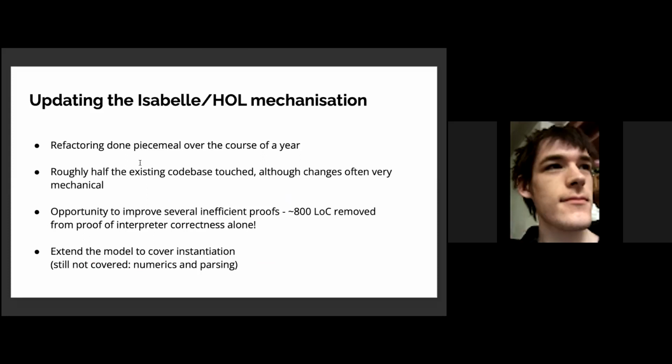Because there were so many editorial changes where definitions were shifted around, quite a lot of the existing mechanization had to be touched. Roughly half the lines of the code had to be changed, although most changes to the existing proofs, which referred to the revised definitions, were fairly formulaic changes. Getting a second pass over the proofs allowed us to improve on several needlessly lengthy proofs in the original model. So despite several large additions to the model, including the definition of instantiation, which I'll talk about shortly, the line count overall actually remains basically the same.